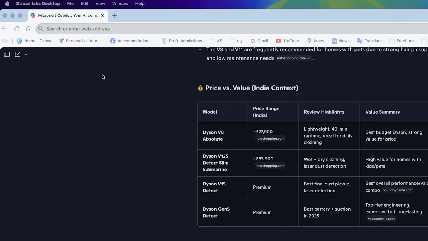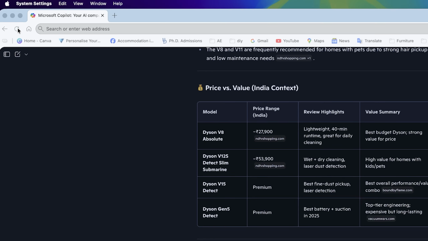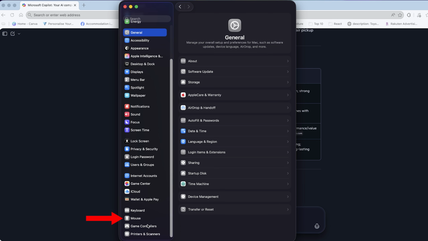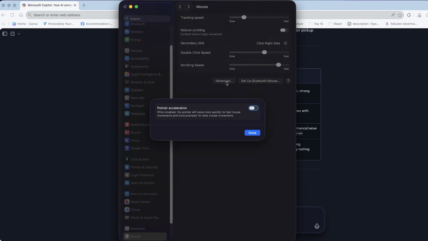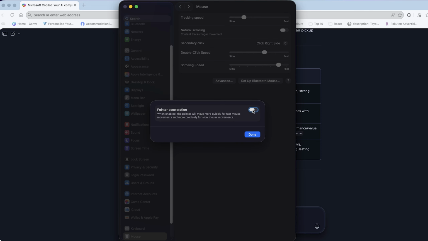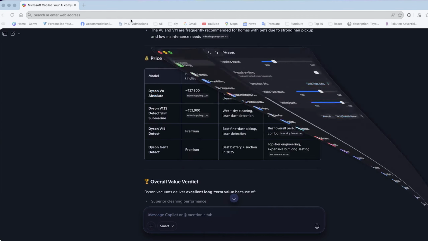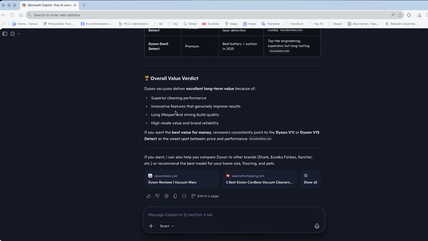Alright, so for that you need to go here on the top and then go to System Settings. Now here we need to look for Mouse. So let's go down here and then you're going to see Mouse. Now let's click here on Advanced and let's enable this pointer acceleration. Now click on Done. Now let me again try exploring the website here, and now I can see the